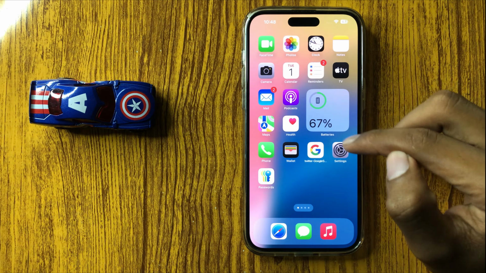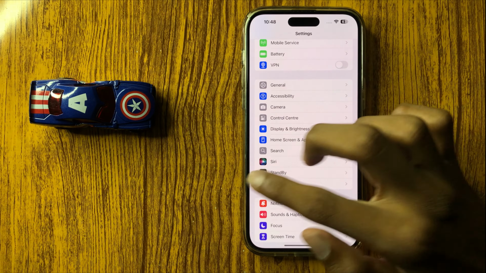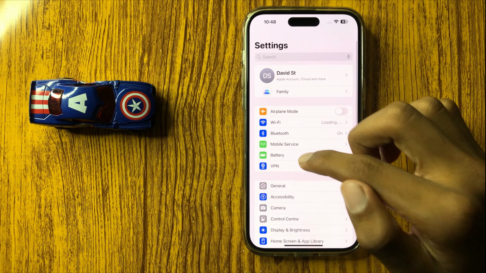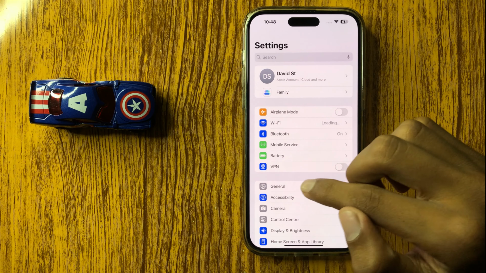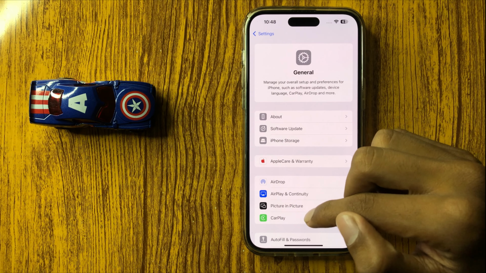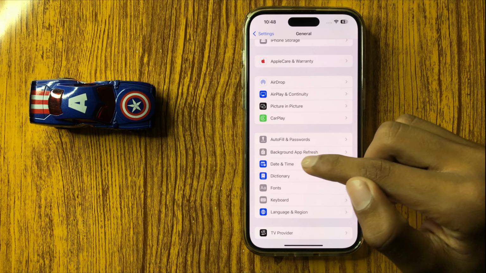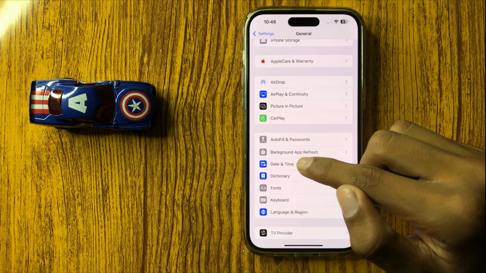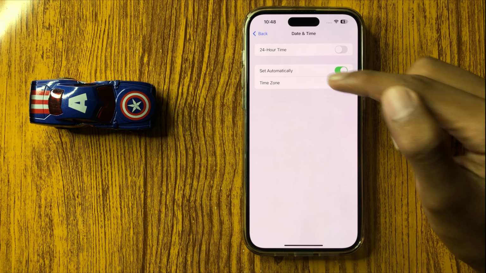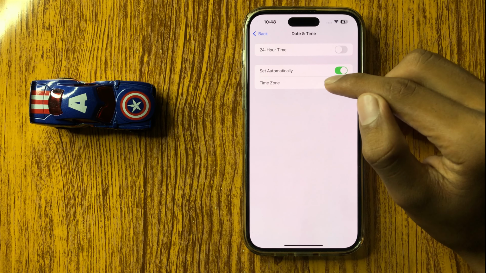First of all, open settings and then click on general and scroll down, and here you see the option date and time. Click on date and time, and here you can set automatically by default, and if you want to turn off